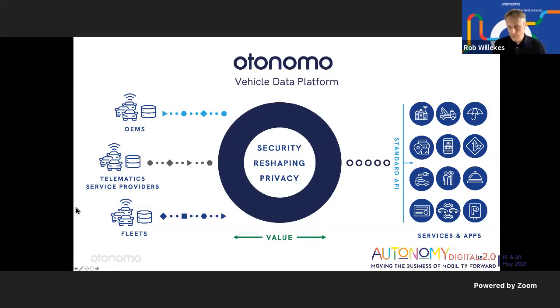So once we take the data on board, we make it one common language, one data pipe to multiple data sets, and we make it available through our APIs. And the APIs can be either streaming or can be historical. And we make it very easy to consume vehicle data coming from connected cars.